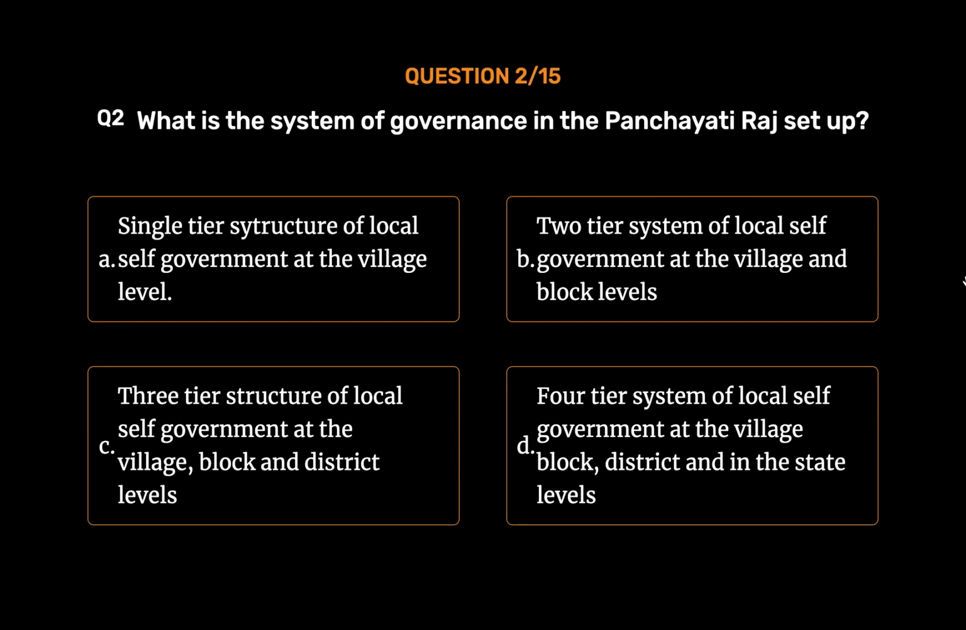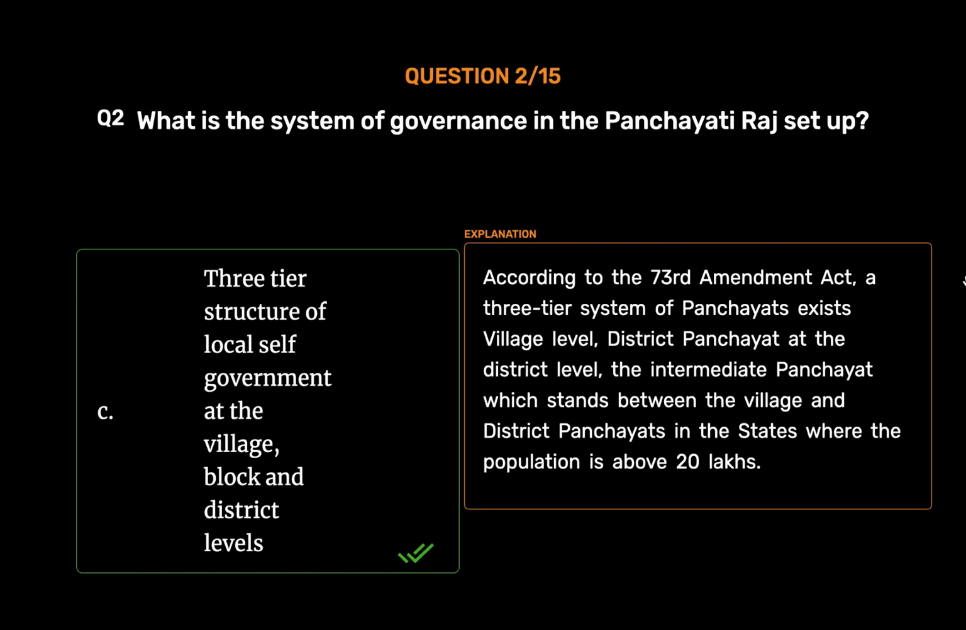The correct answer is Option C. Three-tier structure of local self-government at the village, block and district levels. According to the 73rd Amendment Act, a three-tier system of panchayats exists: village level, district panchayat at the district level, the intermediate panchayat which stands between the village and district panchayats in the states where the population is above 20